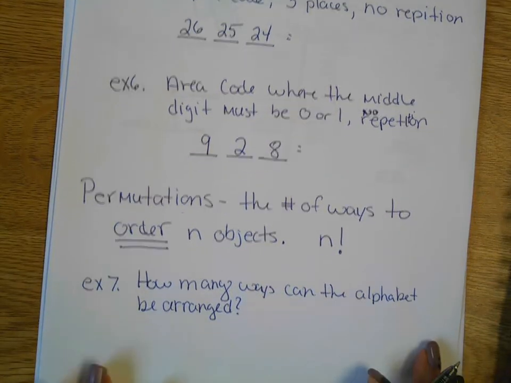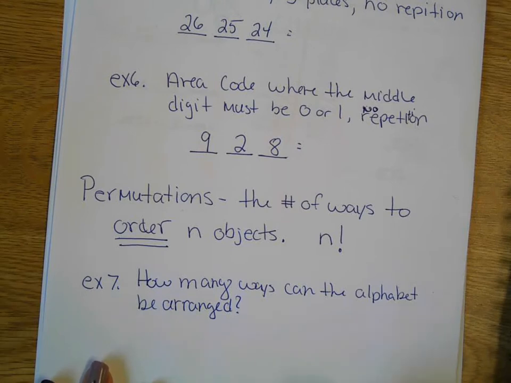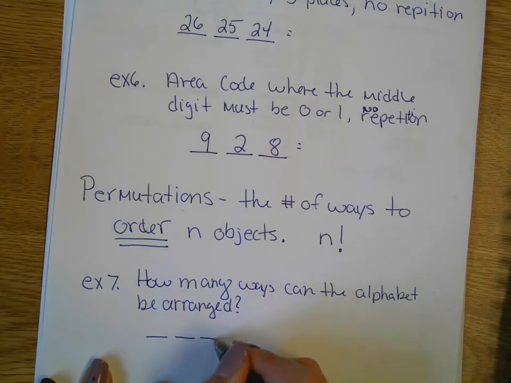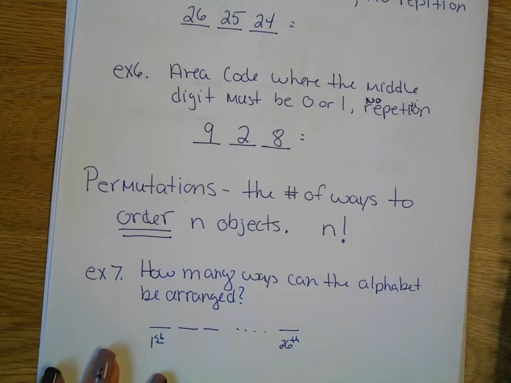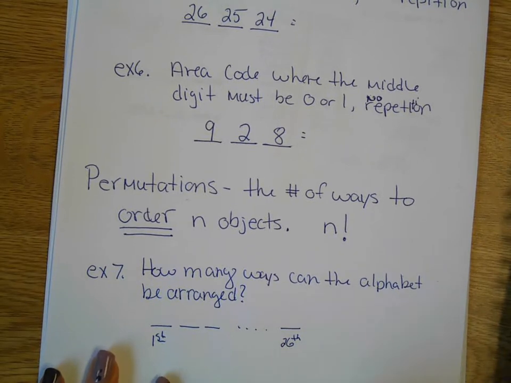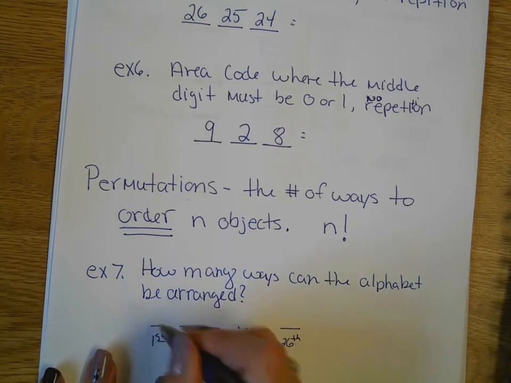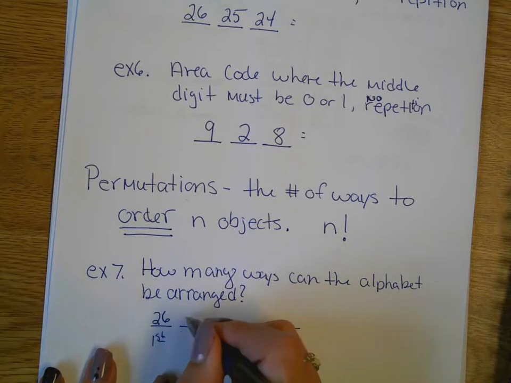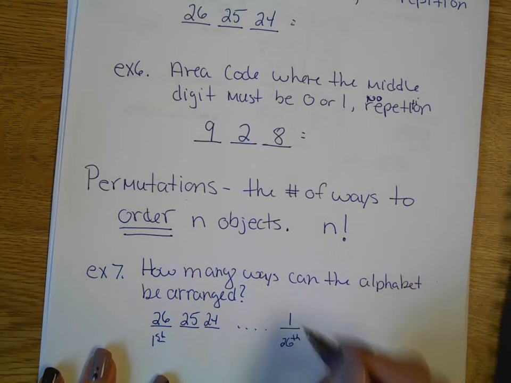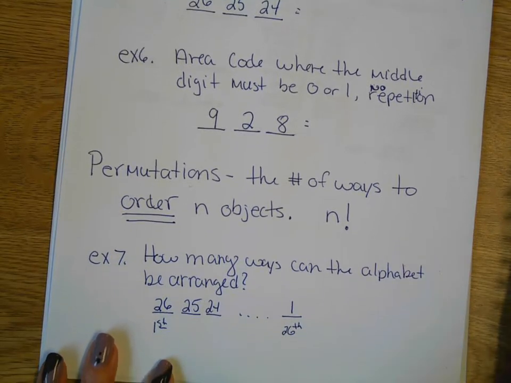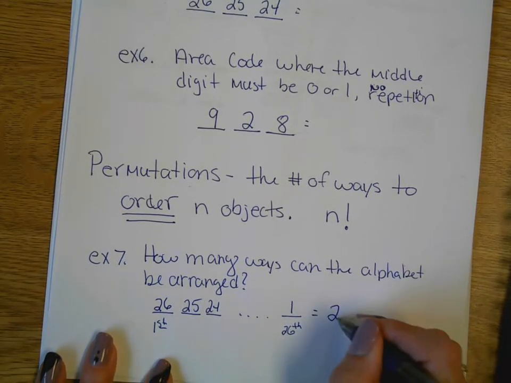Okay, we could think of this as a 26-part fundamental counting principle. Dot, dot, dot, dot, all the way down to the 26th letter that I pick. It's a very big number. You can see why we're not going to write the whole thing out. So how many options are there for the first letter? 26, then 25, 24, dot, all the way down to leaving me with only one letter to choose, which is the same thing as doing